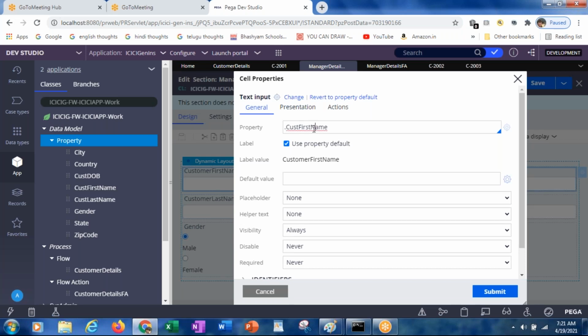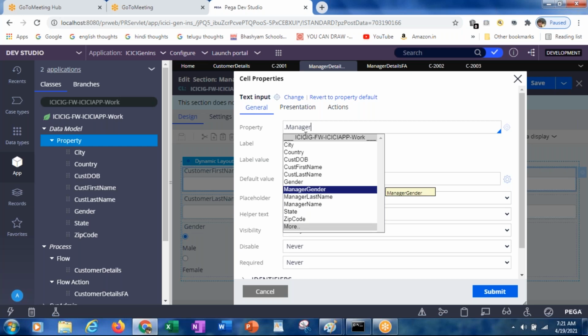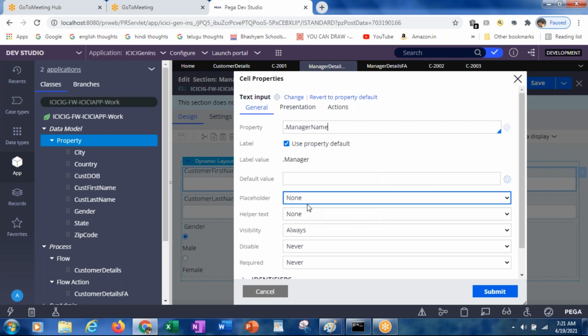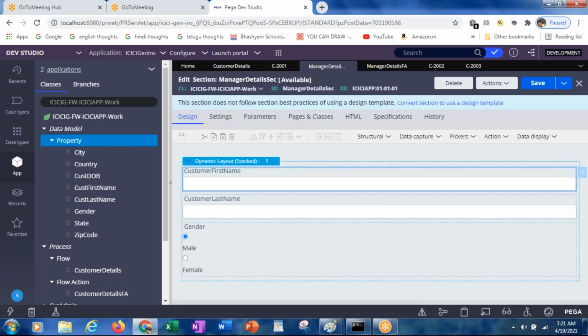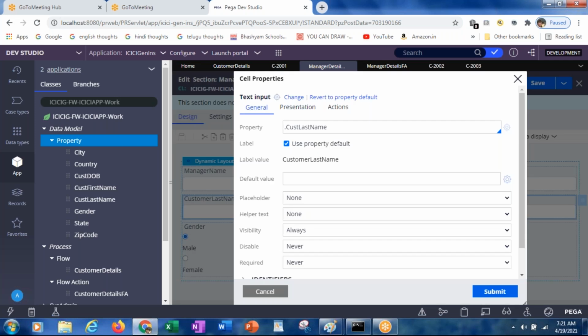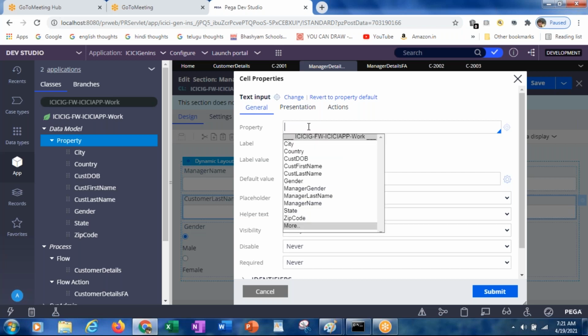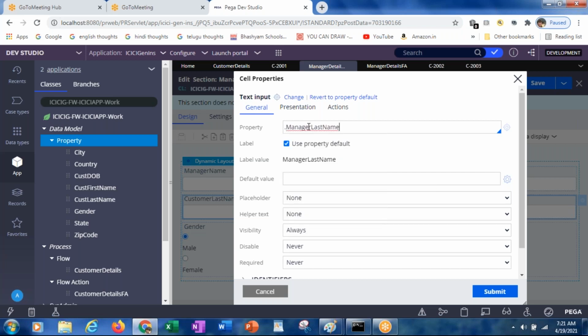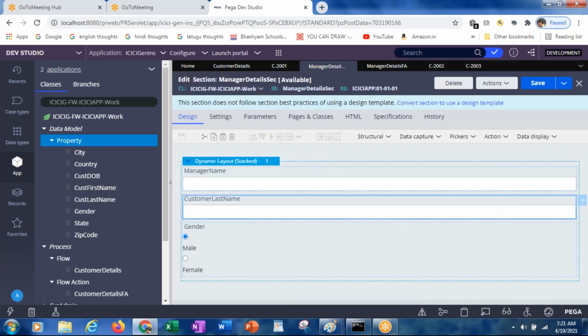Here we have the customer first name. Instead of this, we need to select manager name, submit. Then manager last name, submit.